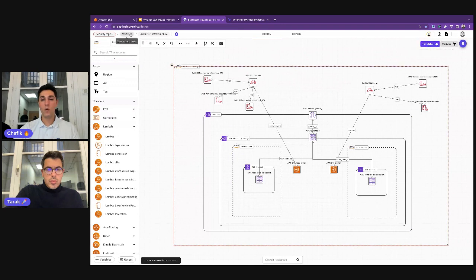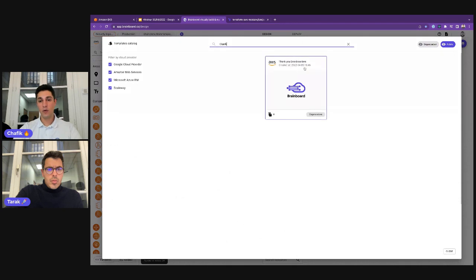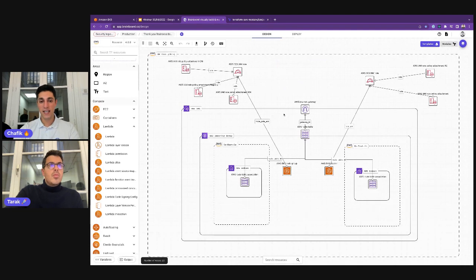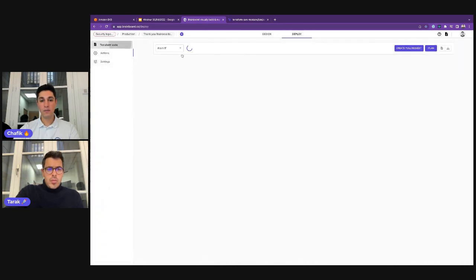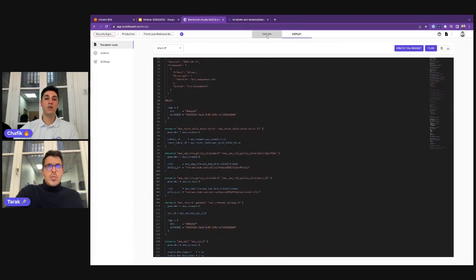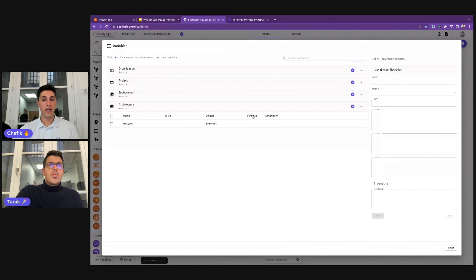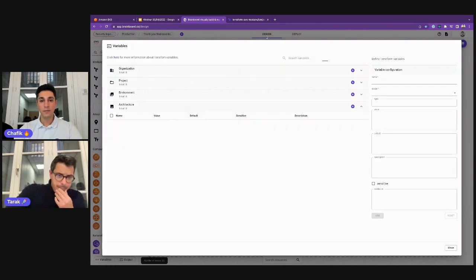So now let's say I want to use this architecture in another environment, or maybe one of my colleagues wants to use it in another environment, let's say production. I just go here and select thank you brain borders. I have this architecture. I clone it, and in literally 2 seconds, I have the architecture, I have the Terraform code, and I can literally deploy it in 2 seconds. That's why we advise you to use variables that reflect the new environment, but it makes life extremely easier. You just need to change the variables and deploy it. So this is in terms of